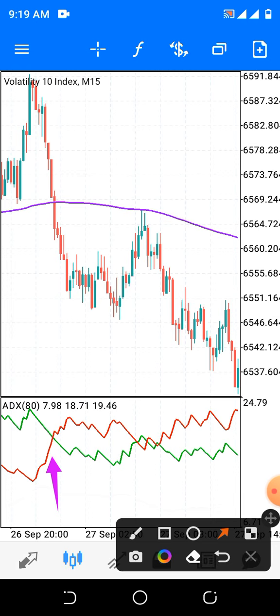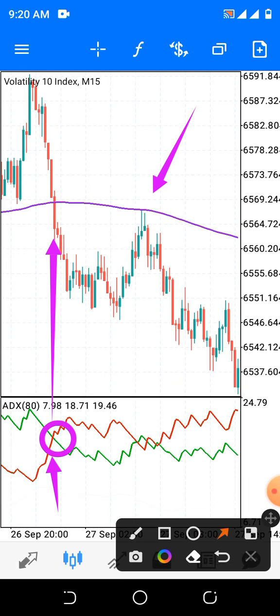In this case the market is in a downtrend, that is, the market is selling. So on the side of ADX where we make our entry, when we see the red line of ADX crosses the green line moving above, like here, the red line crosses the green line upward, that is our entry. That is the sell entry. We make our sell entry here.